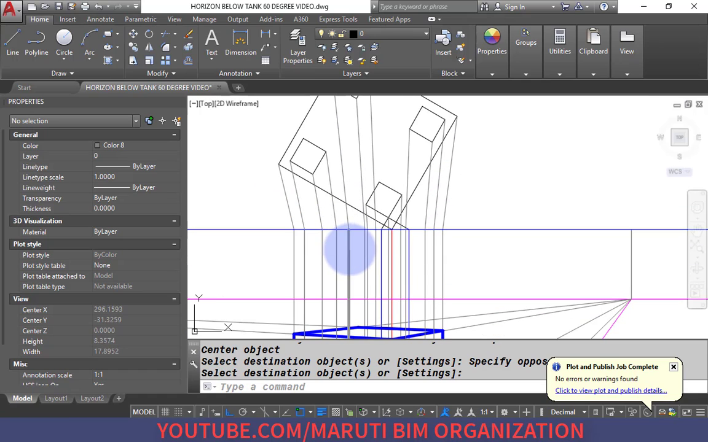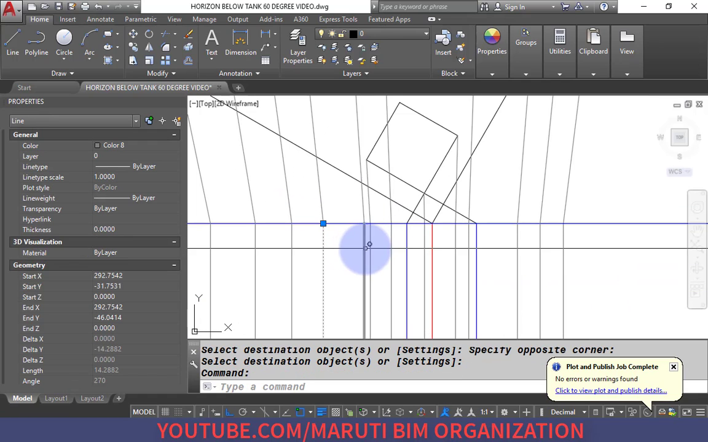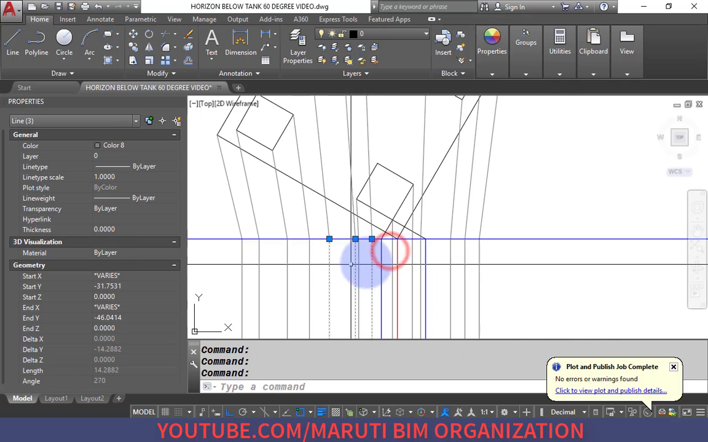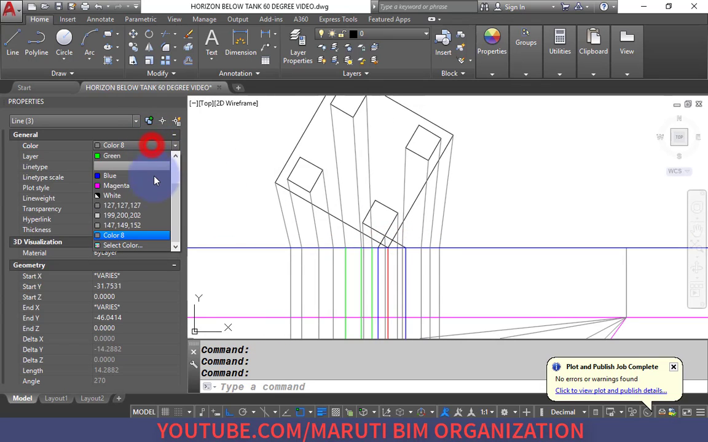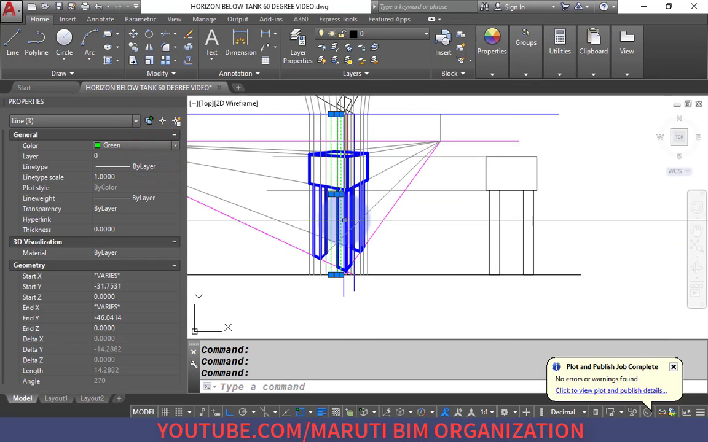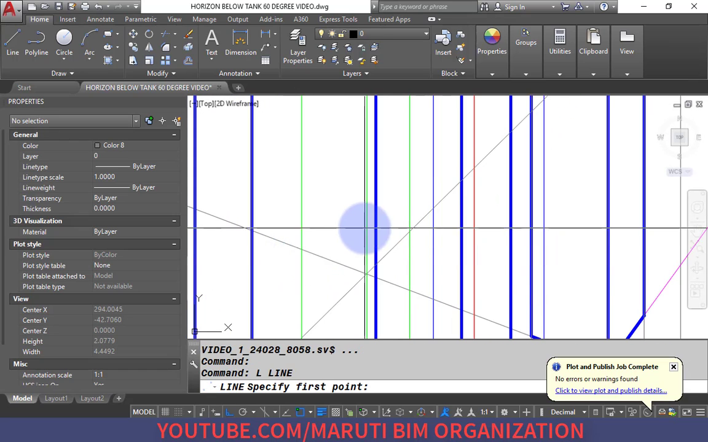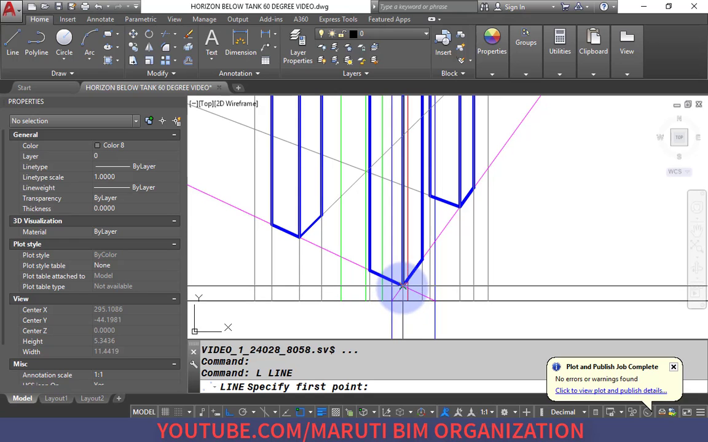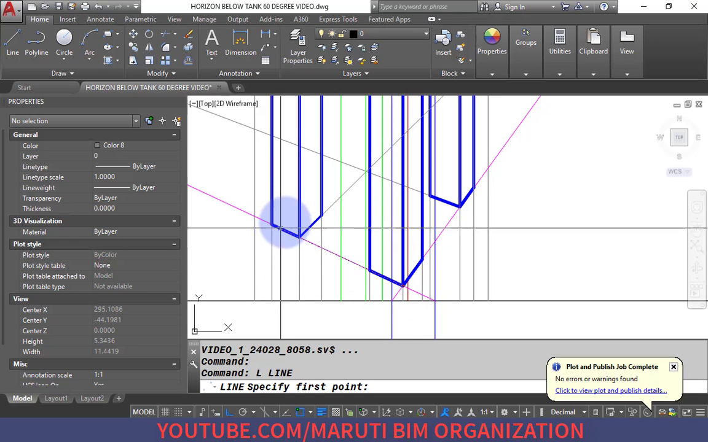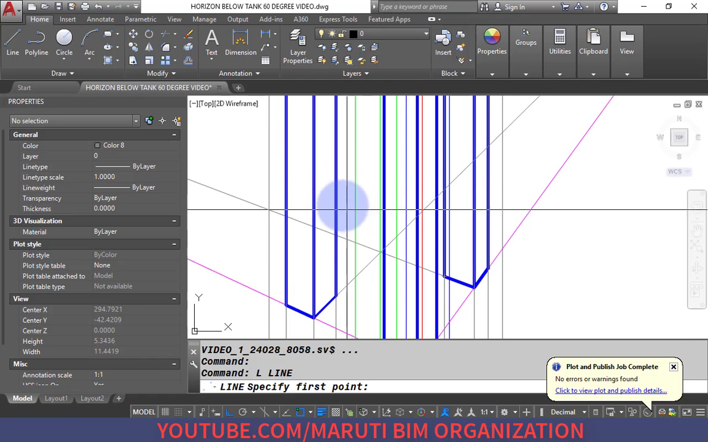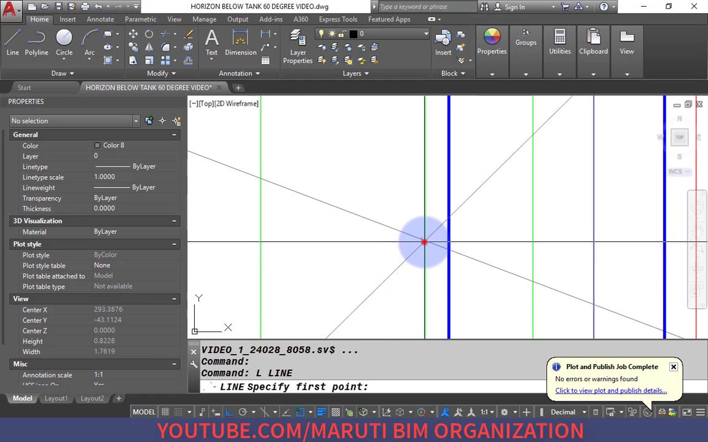And what is the next step? First, second, third. These are the three corners of the column. Let's say change the color to green. And this line is important for us. So as you can see, this face of the column and this face of the column are in the same line. Similarly, this face of the column and this face of the column will be in the same line. So as you can see,